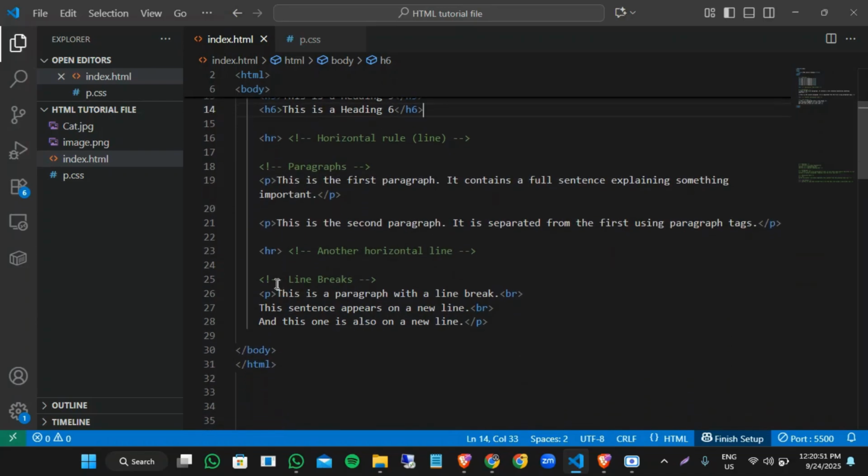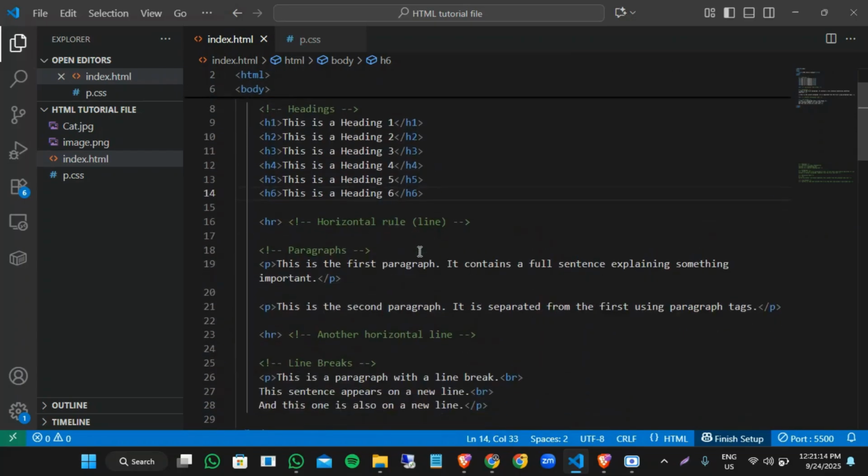And we have something called line breaks, with the explanation I gave you earlier. This is a paragraph with a line break. Have you seen? There's a full stop. This sentence appears on a new line. This is a new line break, and this one is also on a new line. So if I save this